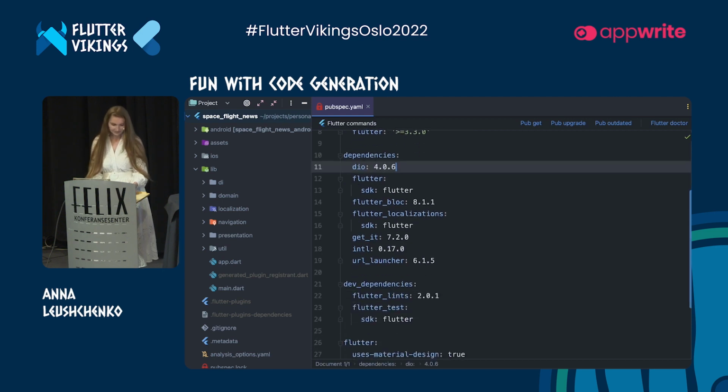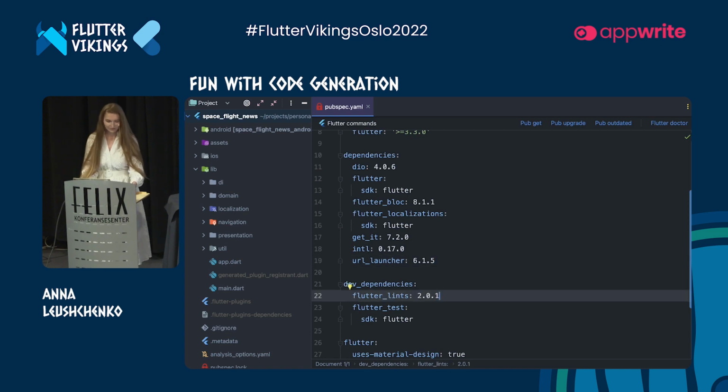These are Dio for performing network requests, Flutter Bloc for state management, Flutter localizations and Intl for localizing the app, GetIt for dependency injection, URL launcher to read articles on web, and Flutter lints, which comes with the Flutter project template. So as you see, there is no usage of Build Runner so far.